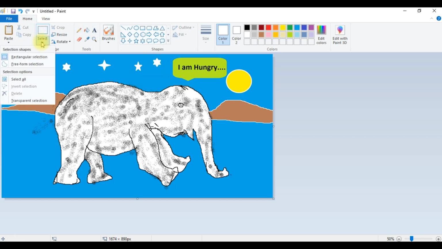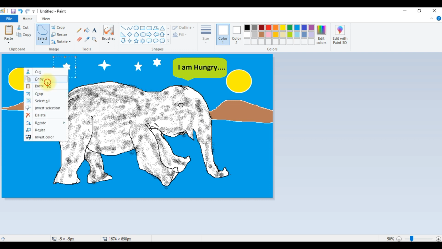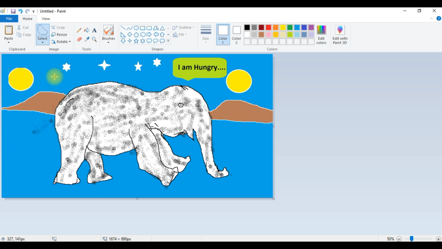This is the grabbing tool. You can easily grab that, and this is free transform. You can freely choose your path, and you can copy that and paste somewhere. Anywhere we can keep it like this, and you can use the picker to take the color and fill the gap. So this is a simple picture I drew.